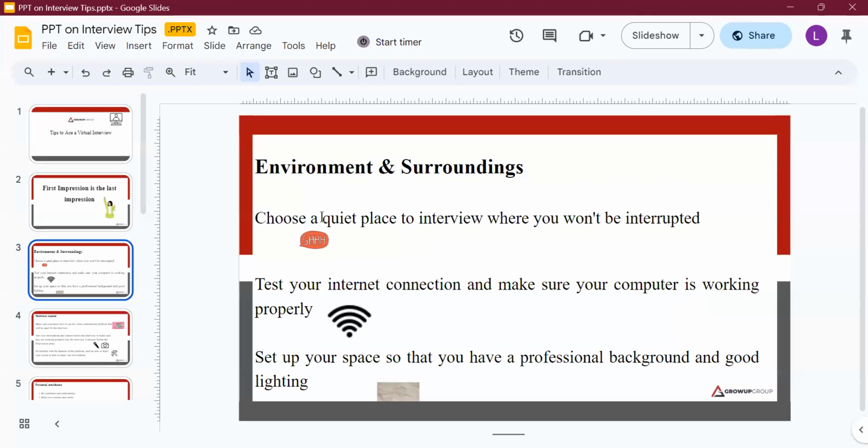Choose a quiet place to interview where you won't be interrupted. Test your internet connection and make sure your computer is working properly. It's an essential part when you're giving a virtual interview. Set up your space so that you have a professional background and good lighting. You should not sit in the dark, or your background should not be of a poppy color. Try to set up a background picture in case you have one. If the original background is poppy or inappropriate for the interview process, you can always choose a background,